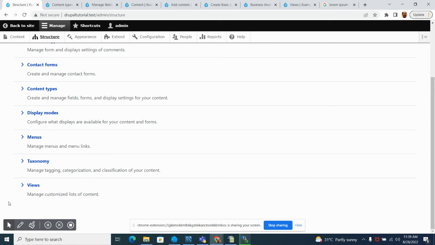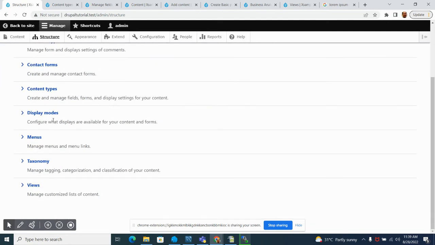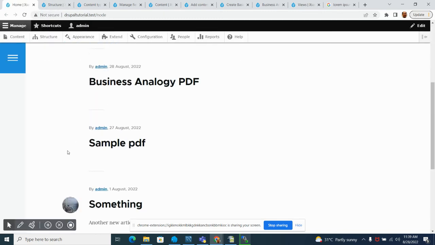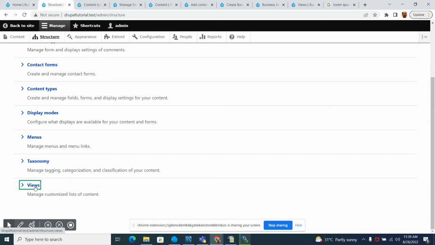This one is more of a GUI type of query, so it's very important to know how to use Views. Let's go to the home page so that we can have some actual understanding of how it will be rendered. So I'm going to click Views,